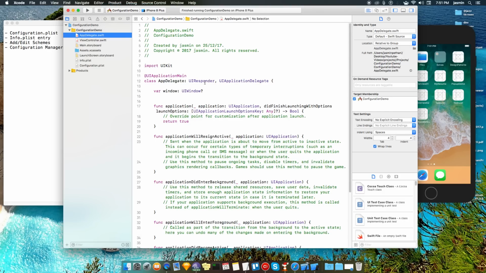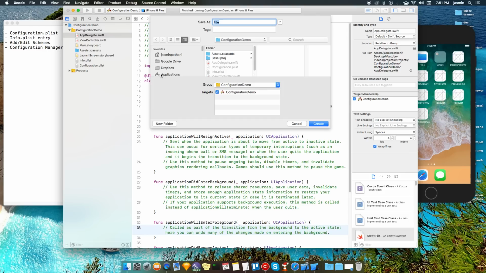Right now we are in development mode. Let's add one file which manages configuration. We just need to access this file to get the answer, like whether it is development or not, production or not, all that stuff.